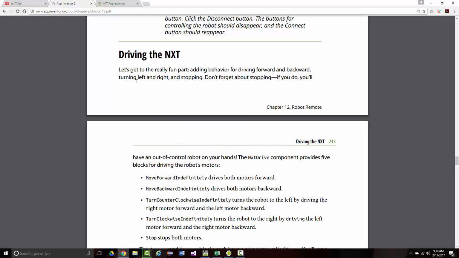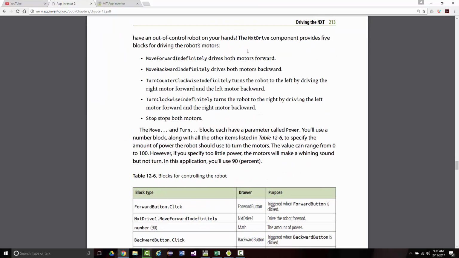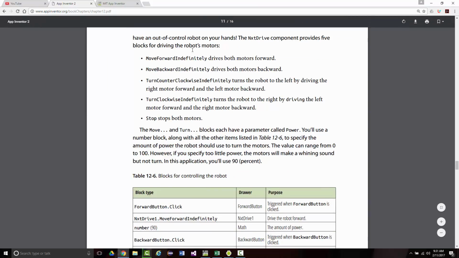So, it says, let's get to the really fun part, adding behavior for driving forward and backward, turning left and right, and stopping. Don't forget about stopping. If you do, you'll have an out of control robot, and that's a very funny joke. The next NXT component provides 5 blocks for driving the robot's motors. Move forward indefinitely to go forward, move backward indefinitely to go backward, turn counterclockwise indefinitely, where the right motor goes forward and the left backwards, turn clockwise indefinitely, where the left goes forward and the right goes backwards, and